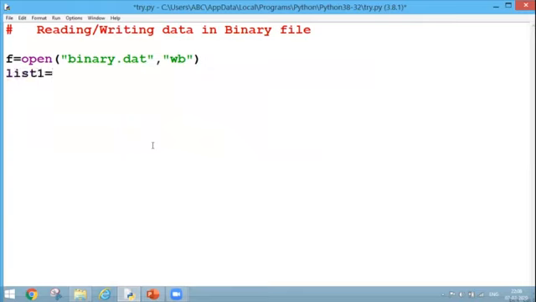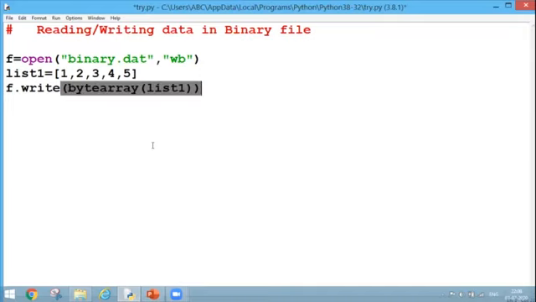So let's say list1 is equal to 1, 2, 3, 4, and 5. Five values I want to give into my list. Finally, by this statement, I will write bytearray, and in the bytearray function, I will pass this list1 as a parameter. So what will happen? My list1 will be converted into a byte array and then it will be written into my file.